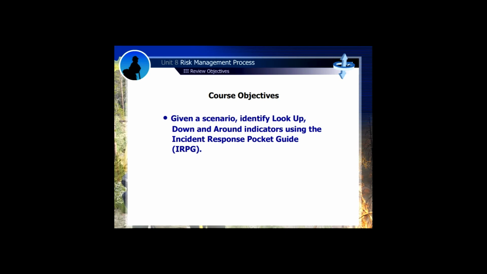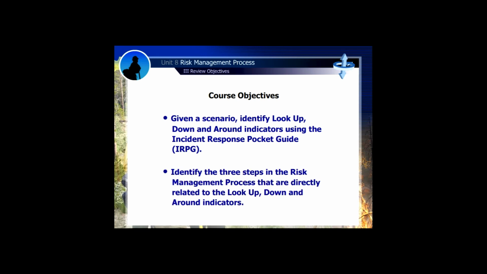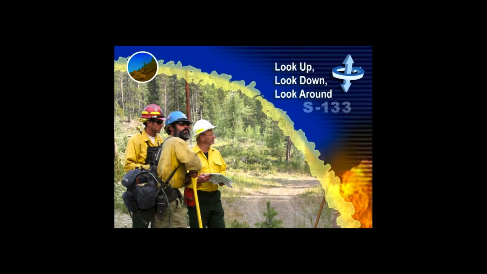We have just completed Look Up, Down, and Around and covered these 2 course objectives. Given a scenario, identify Look Up, Down, and Around indicators using the Incident Response Pocket Guide. And identify the 3 steps in the risk management process that are directly related to the Look Up, Down, and Around indicators. Now it is time